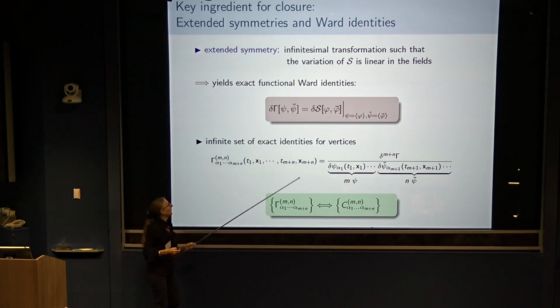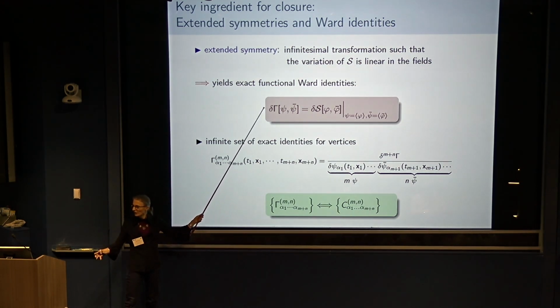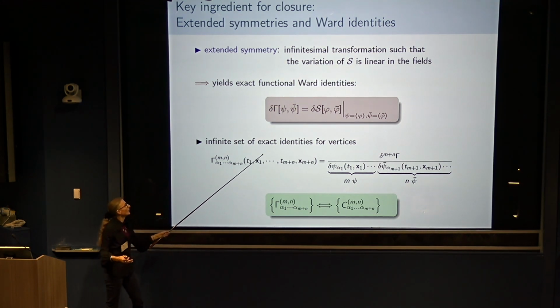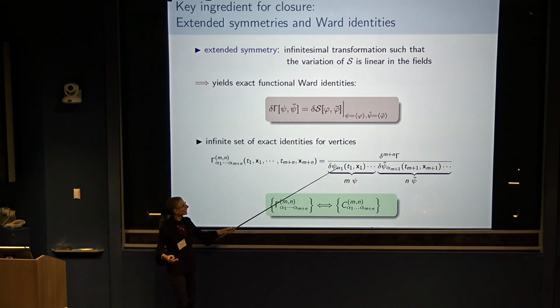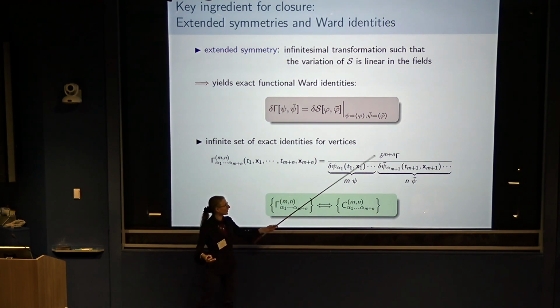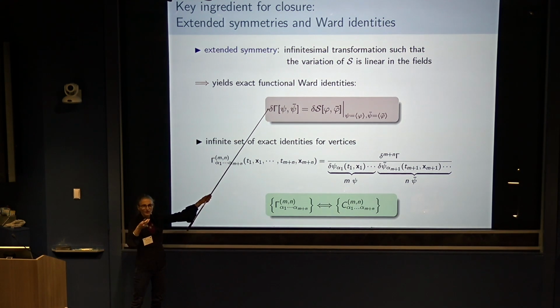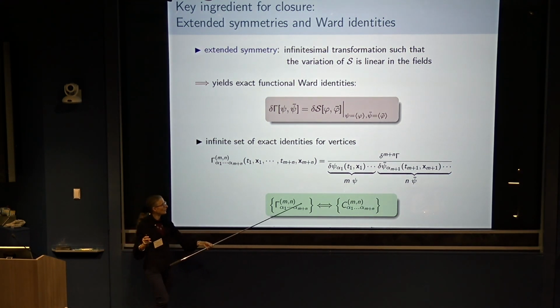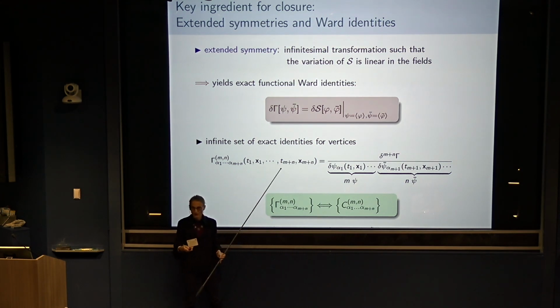Okay? And again, this object generates a whole set of correlation functions. So they are called vertices. And so this is their definition. You just take functional derivatives with respect to field and response fields. But it's not really important. What is important is, since gamma and W are just Legendre transforms of each other, this set of correlations is strictly equivalent to the set of correlation functions we are looking at. Okay? So they contain exactly the same information, and you can reconstruct one set if you know the other.